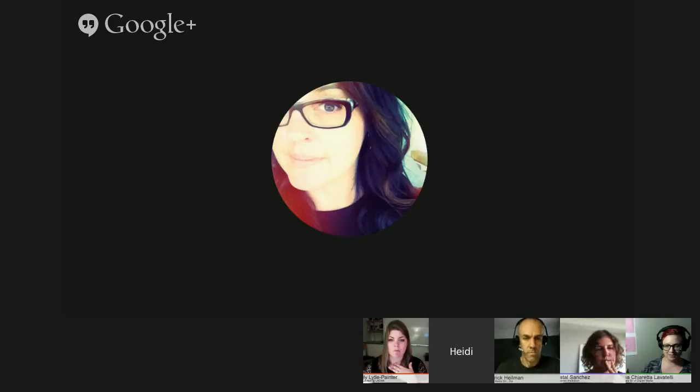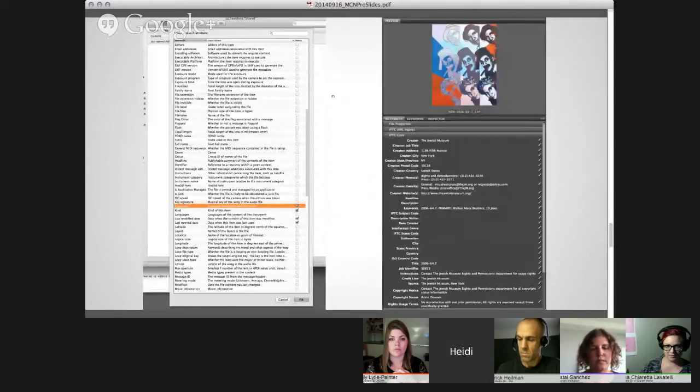Opened in Bridge, the first keyword is the accession number. The second keyword is primary, because this is the primary image in the series. And then a little bit of descriptive information that can help make this asset searchable. So no matter where I save this asset on the shared server, if somebody goes in and searches under any of these